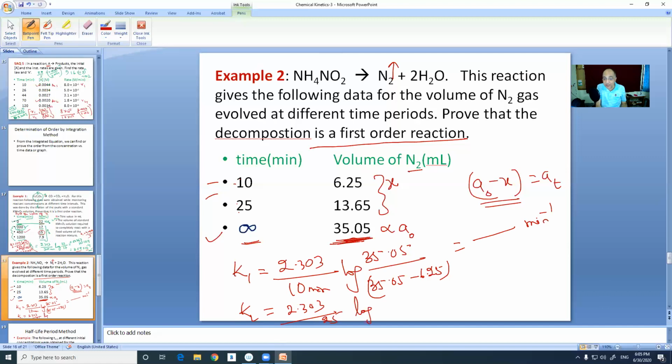Log A0 is fixed, that is 35.05, and 80 will be 35.05 minus x. At the time 25 minutes, x is 13.65. So A0 minus x will be 80 at that time. So you find what is the K2 value. You will be finding very, very close to each other. Then say it is in agreement with first order kinetics because the two K values are nearly the same, but they will be slightly different in the second place decimal or third place decimal. You average out and place before your examiner the average K value, right?